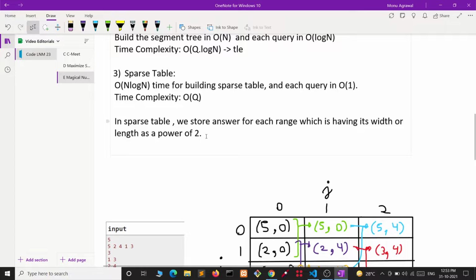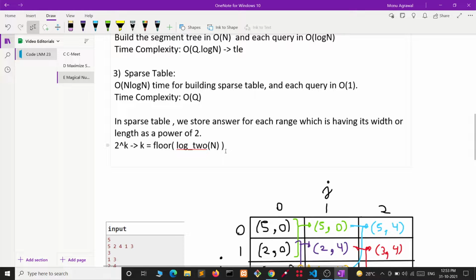Now, what is the max width we can get? Let's say k must be equal to log base 2 of the number of elements we have. We will take the floor of it, and we know that each number can be expressed as a sum of powers of 2, like we can write it in binary format.